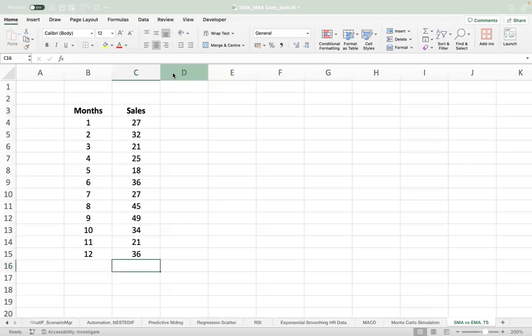Let's say this is, I just took random data, okay? Now, if we want to do a simple moving average based on quarters, quarter means average of every 3 months,